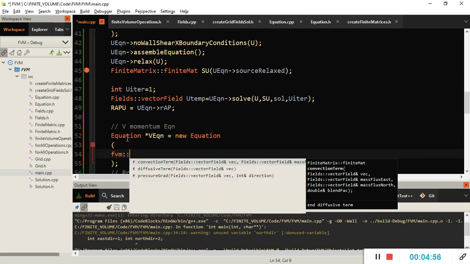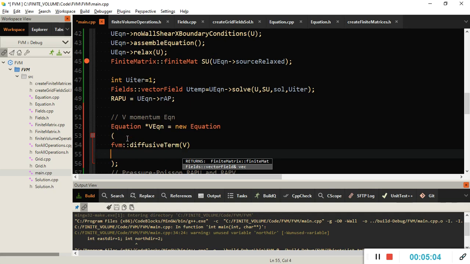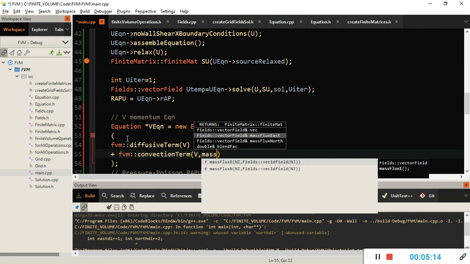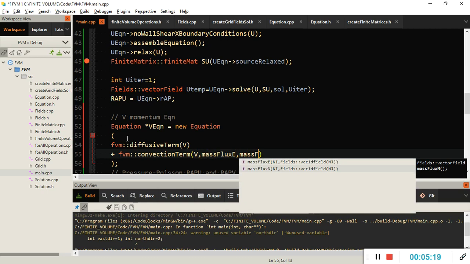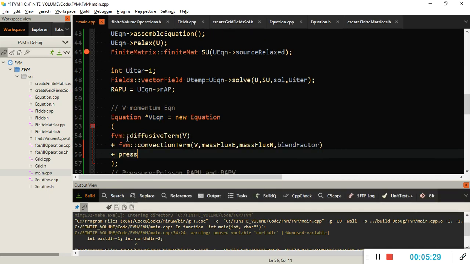This will simply be the diffusion term due to v velocity plus the convection term that arises due to v velocity, with mass flux east and mass flux north, and the blending factor, for which we are using a factor of 1.0, plus the pressure gradient term,